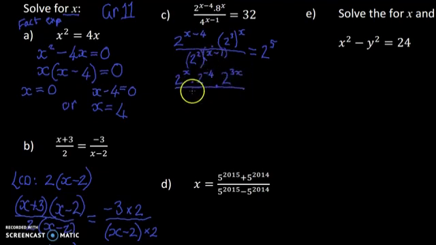In the meantime, I'm multiplying things out. So it becomes 2 to the power of 2x. And don't forget to multiply the negative 1 by 2 as well. And then we've got 2 to the power of 5 on the other side. I'm also going to break this up a bit and add these and see what happens. So I have 2 to the power of 2x, or 4x at least, at the top, times by 2 to the power of negative 4. And at the bottom, I have 2 to the power of 2x